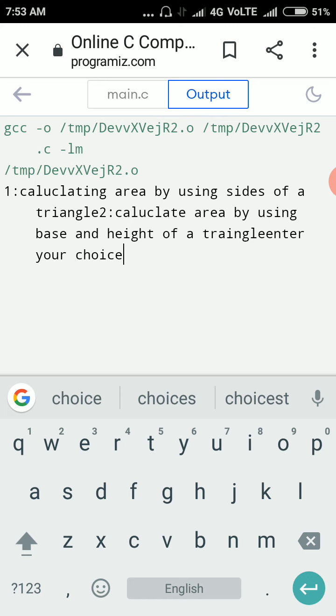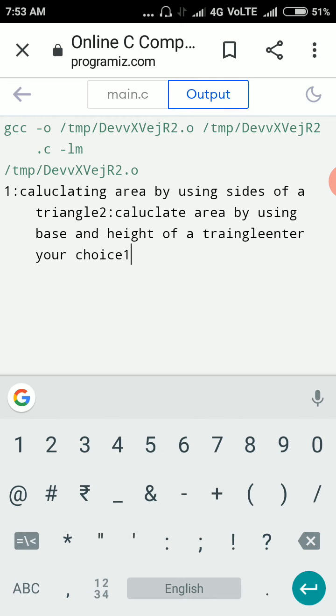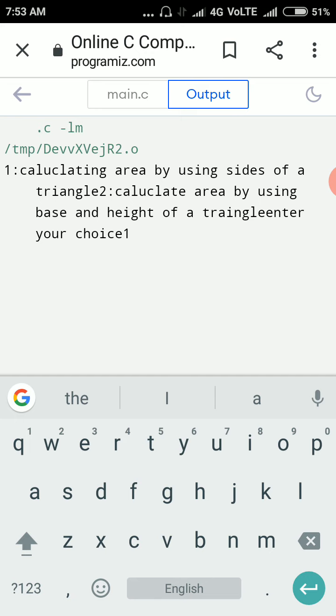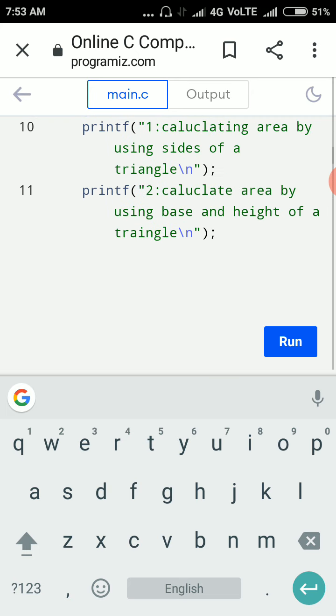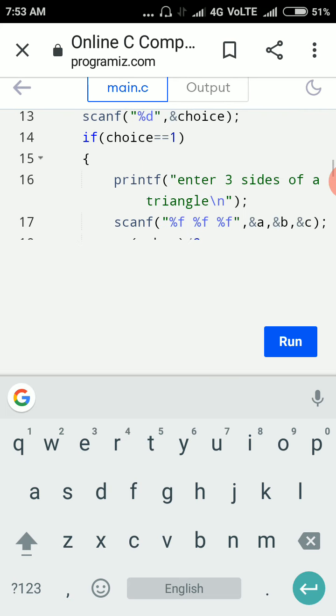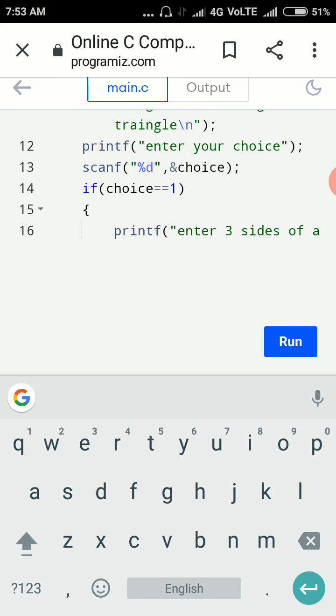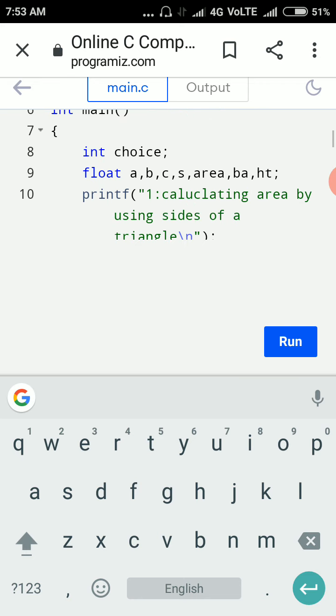So it is asking calculating area of triangle, enter your choice. So I am entering my choice 1. It is not displaying, why? Because we are not writing choice equal to 1. Run this code.